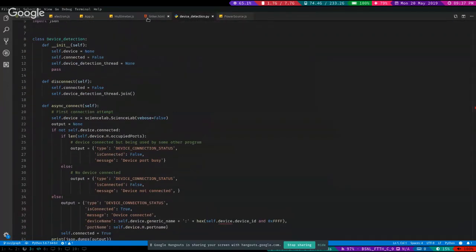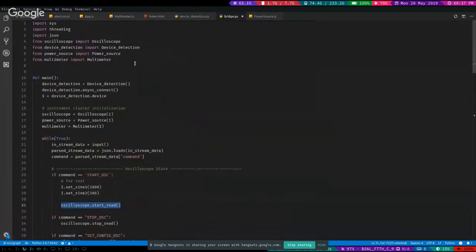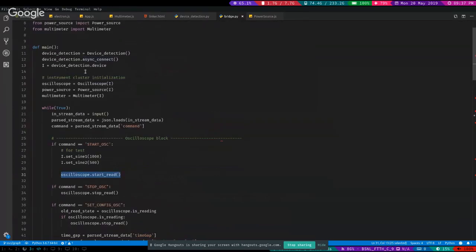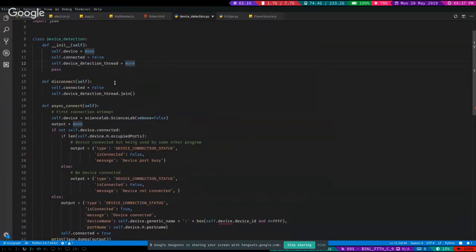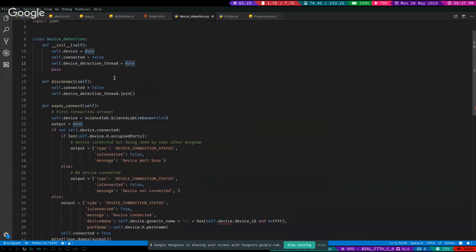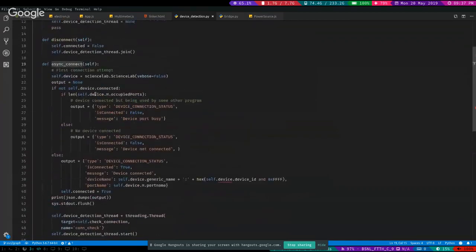Whenever this bridge.py script is started, it will start by creating an object from the device detection class. The device detection class has a function called async connect that I wrote. In async connect, what this will do is first try to connect to the device